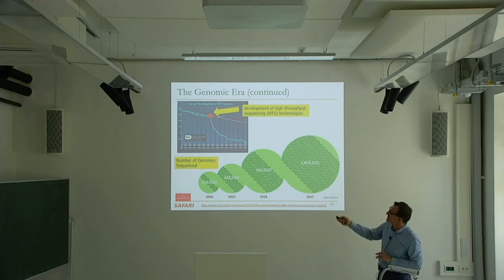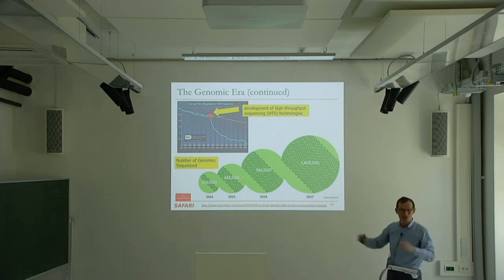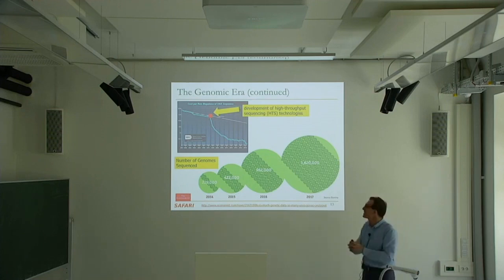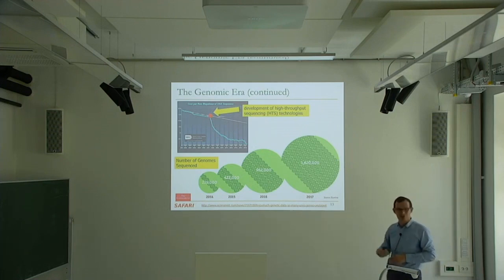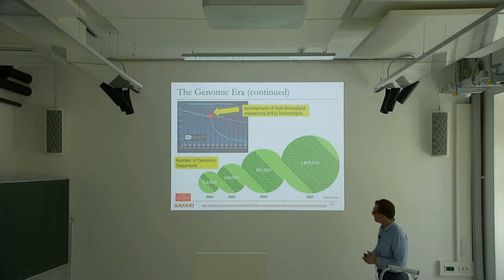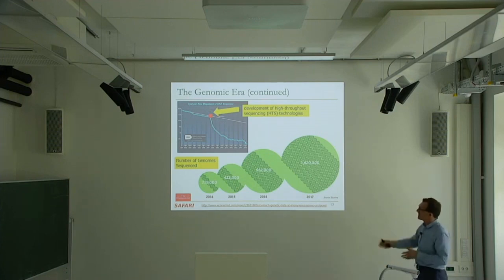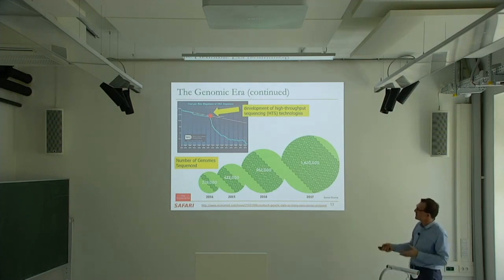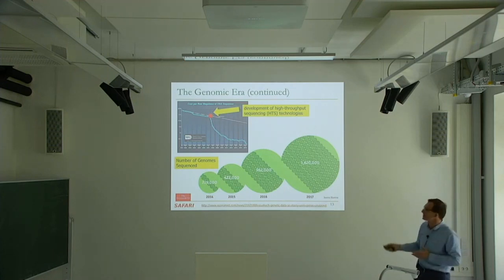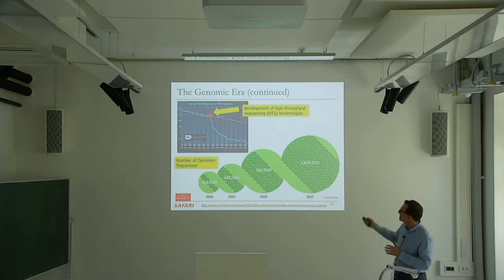And you can see that it's reduced again over here with the introduction of the third generation sequencing, like nanopore sequencing that I showed you, those little devices. So it's actually going down much faster than Moore's law. Moore's law is actually tapering off right now, but genome sequencing is becoming much cheaper. And as a result, take this with a grain of salt, this is a picture from a company. This is the number of genomes that are sequenced, basically. So it's growing exponentially also over time. And maybe this doesn't do justice because it's from only one company over here.